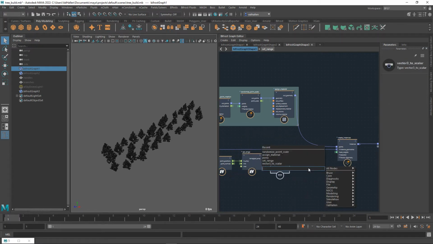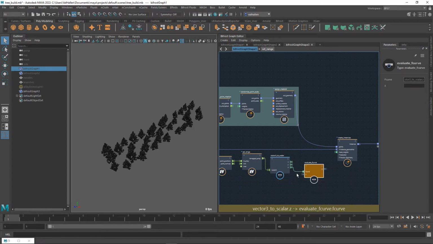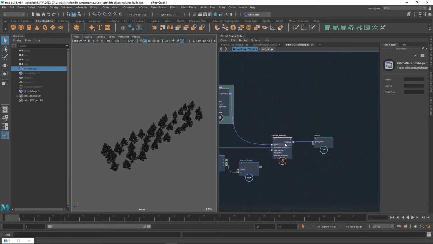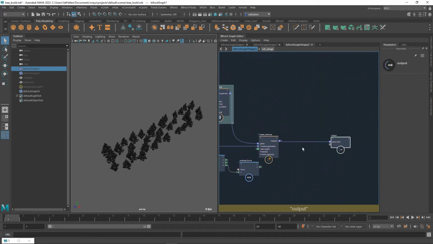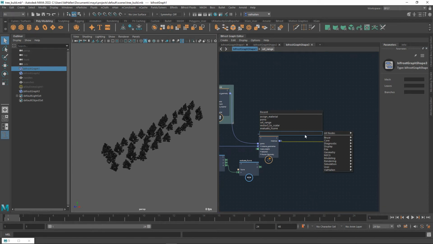And last of all, we will put in and evaluate an F curve in there so that we have some control over the final result. Now, all of this gets wrapped up and popped onto the instances as a property. So set geo property,